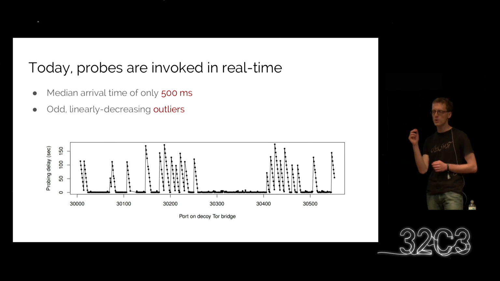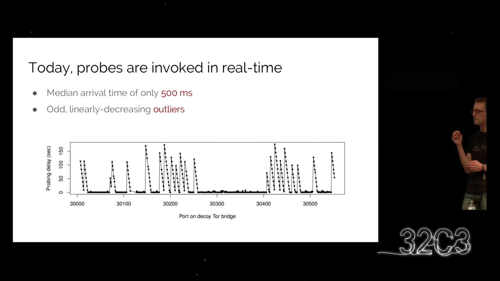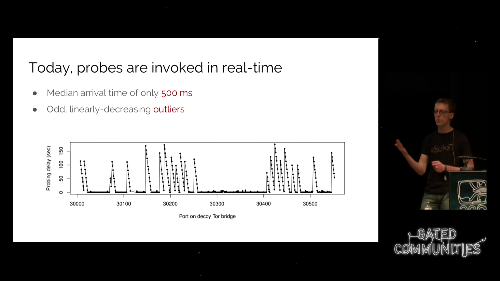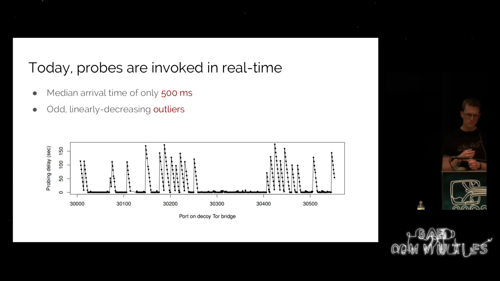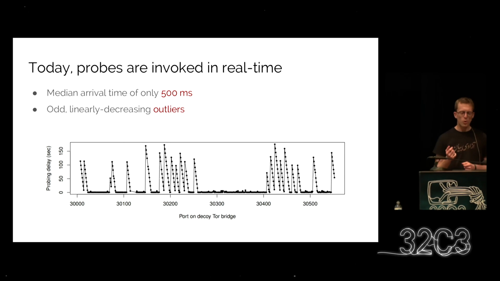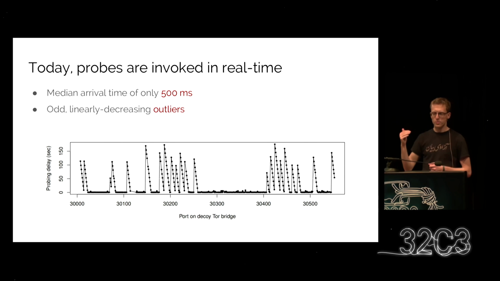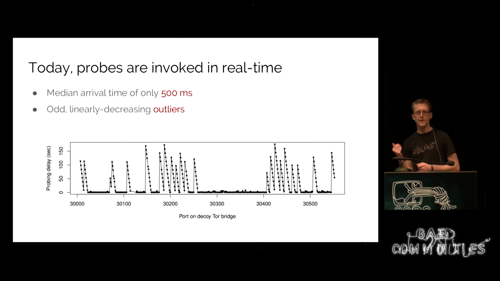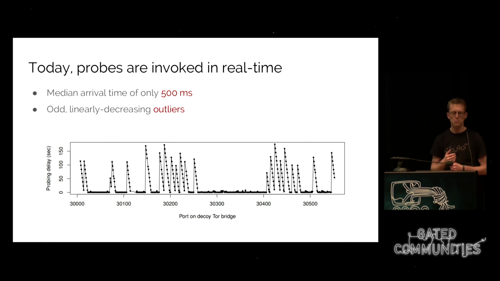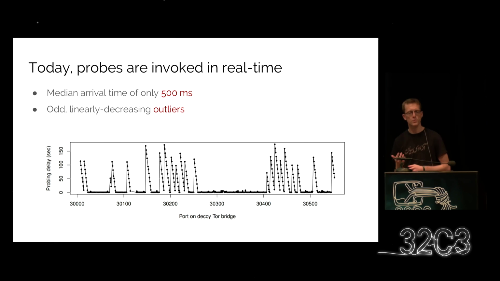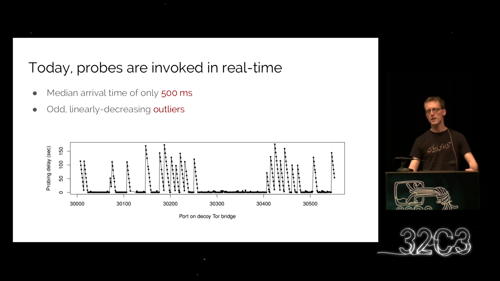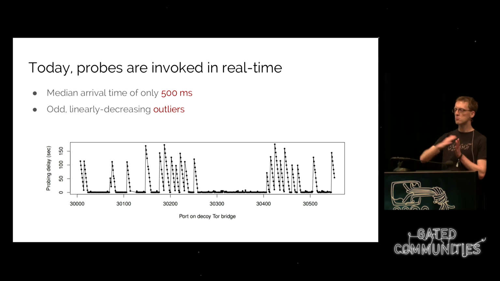So for every port, you can see how long it took the firewall for a probe to show up, and the delay is on the y-axis. You can see that most points are very much at the bottom, so they show up really quickly. In fact, the median arrival delay is really just 500 milliseconds. So most of the probes only take half of a second between the initial connection from a user and the